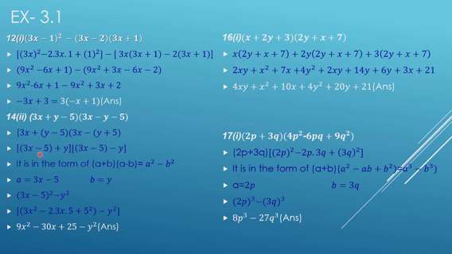Now this is in the form of (a plus b) into (a minus b), where you can take 3x minus 5 as a and b will be your y. So we know that a square minus b square is the formula, and this is how we solve it. So (3x minus 5) whole square will be solved with the formula (a minus b) whole square, like we've done in the previous sum. So a square minus 2ab plus b square, and then minus y square. So this is your answer to this question.